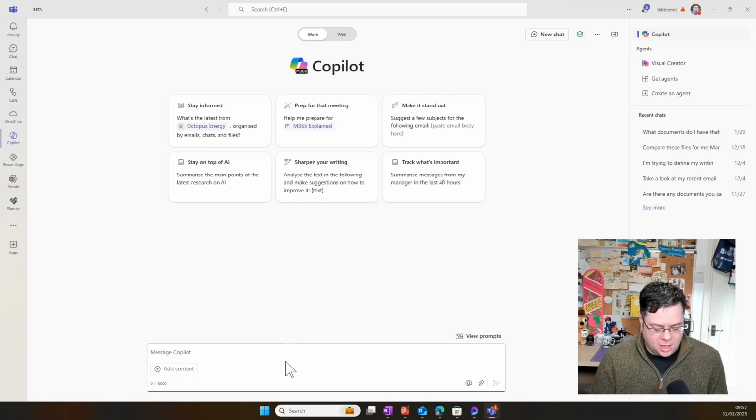If I go into Copilot, which I've got in my Teams, I ask Copilot a question: how would you describe Microsoft Loop and where it should be used? And I'm going to make sure, good practice, that I have my internet searching available, because Microsoft keeps changing where this is.